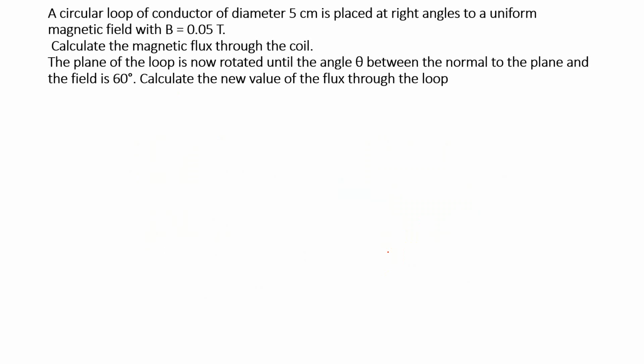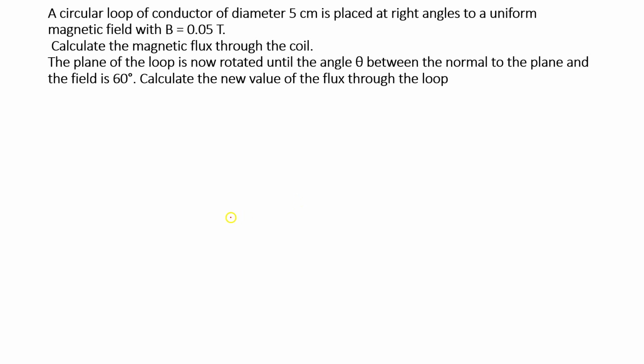Here's just a simple question. It says that a circular loop of conductor of diameter 5 centimeters is placed at a right angle to a uniform magnetic field with B equals 0.05 T. It says calculate the magnetic flux